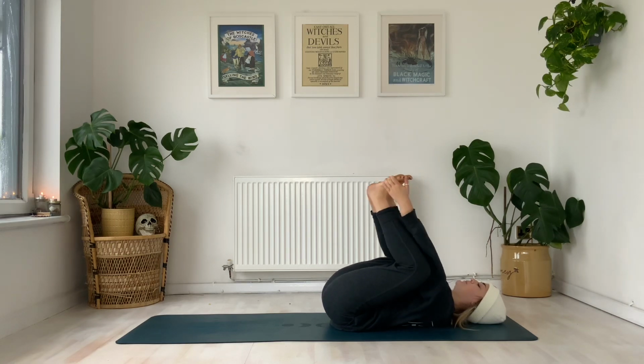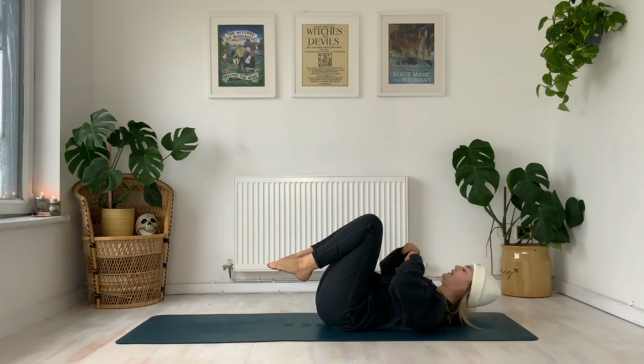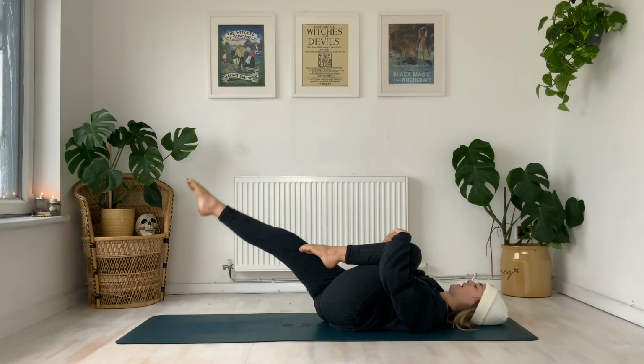Before we gently bring those feet to touch, bring the knees to chest. And lift the shoulders, lifting the head, giving yourself a well-deserved hug. One more spinal twist to go before we finish this practice. So hugging this left knee nice and close, you're going to allow that right leg to relax flat on the